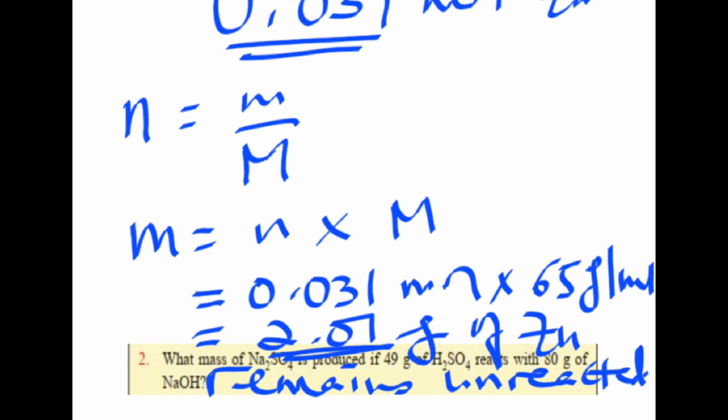All right, so now how many grams of hydrogen would be produced? So you have to remember we have to use the limiting reactant to